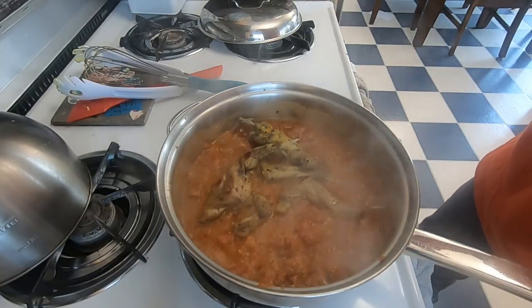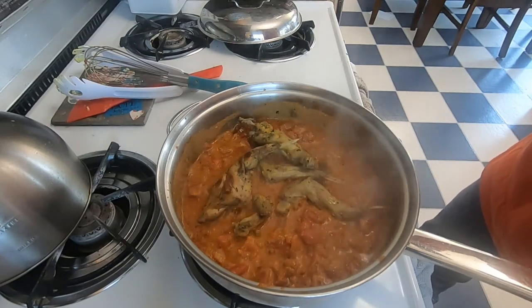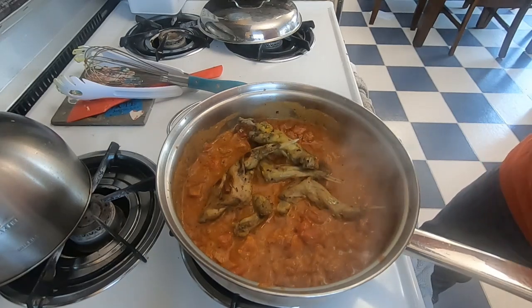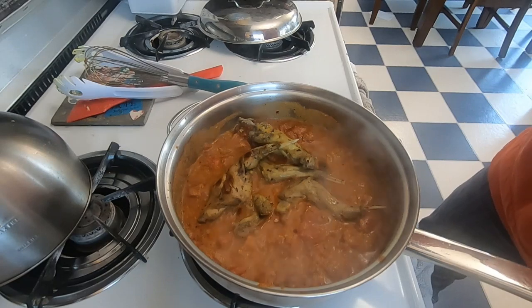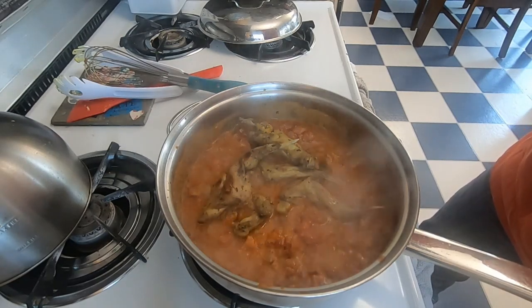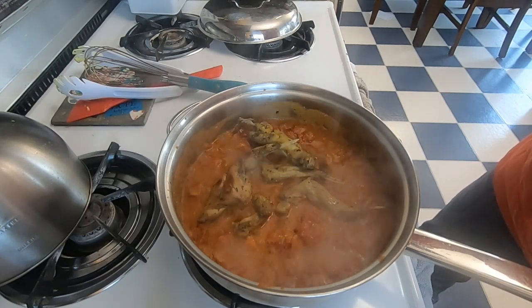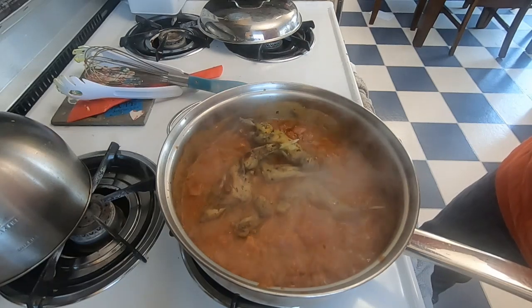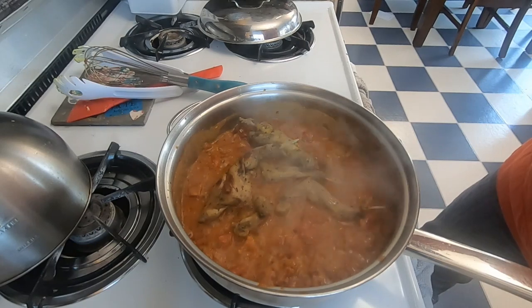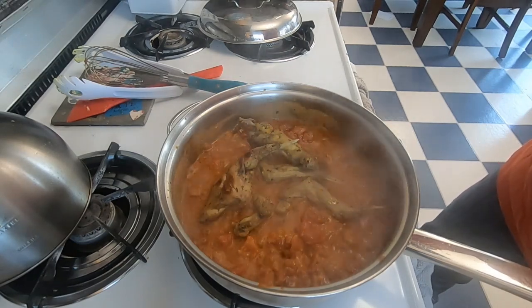So we've got our sauce simmering. I'll tell you the ingredients, and I'll put this on the screen too before the end of the video, but it's got a teaspoon of vegetable oil. I used avocado oil. 3 teaspoons of minced garlic, a half a teaspoon of ginger, half a teaspoon of cumin, 1 teaspoon of coriander, a 1/4 teaspoon of turmeric, half a teaspoon of cayenne, 1 can of diced tomatoes, 4 tablespoons of Greek yogurt, 3/4 cup of water,